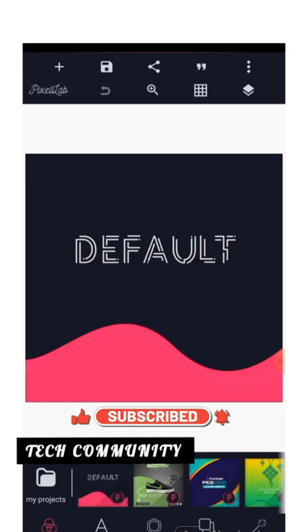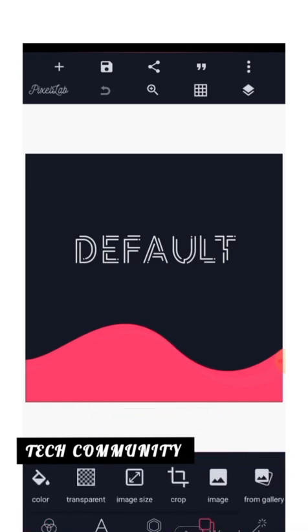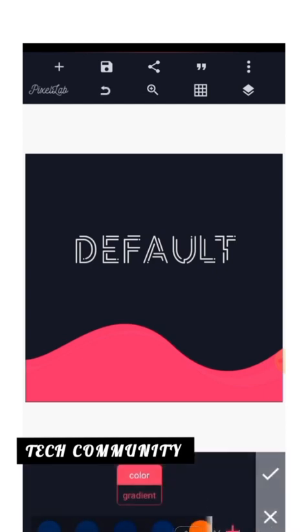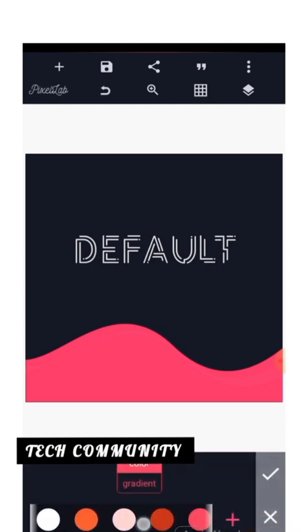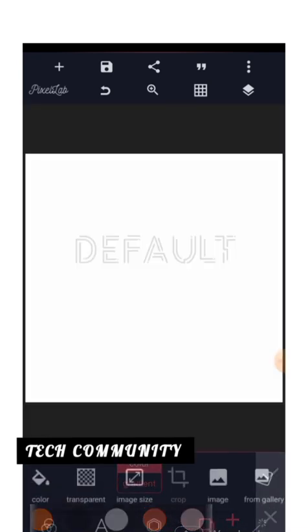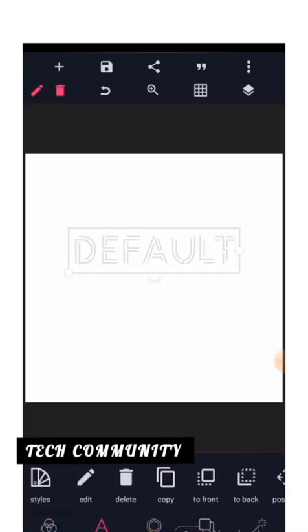Today I am pleased to make this tutorial on how I was able to design that tire logo. Okay, so I'm going to start over with changing the color of my background. I want to give it a white background. Okay, I will remove this. Then first of all, I want to